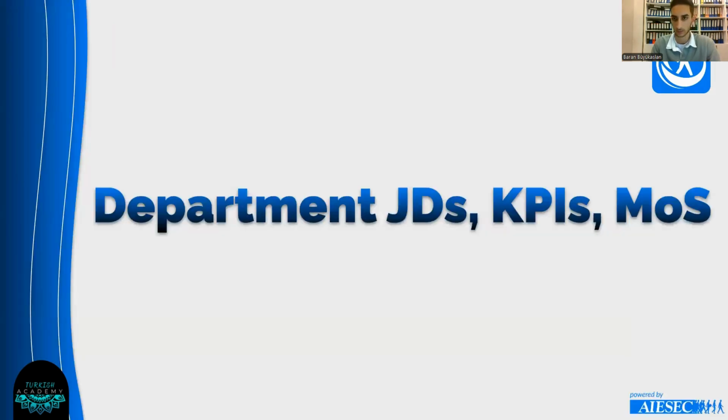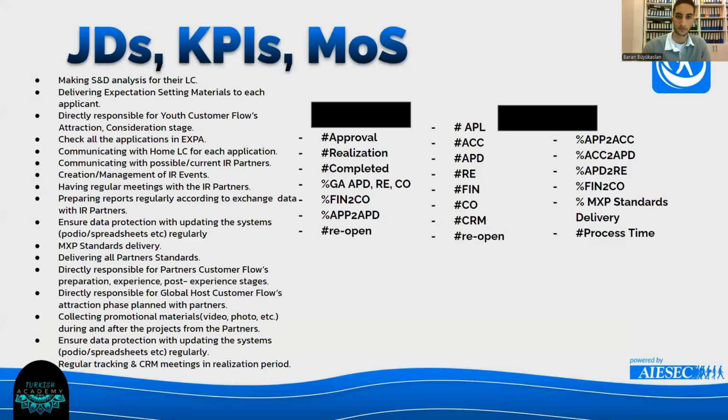So let's talk about the department and JDs and KPIs, etc. I will not talk about details, but mainly we need to contact the EPs, get them approved, give the standards we have, and track every step in our exchange programs. Yeah, mainly it will be like that. You can look for more details one by one to understand better. But in general, from the beginning, I already talked about many things one way or another.